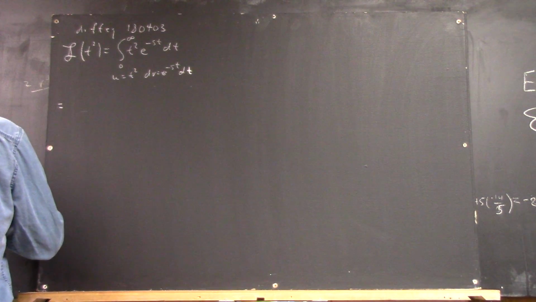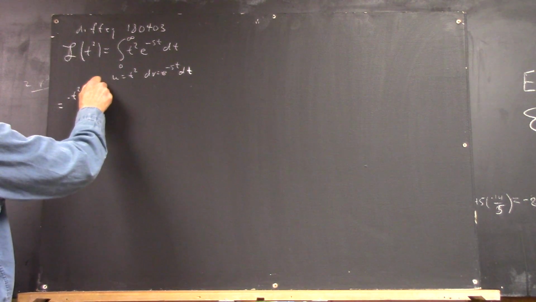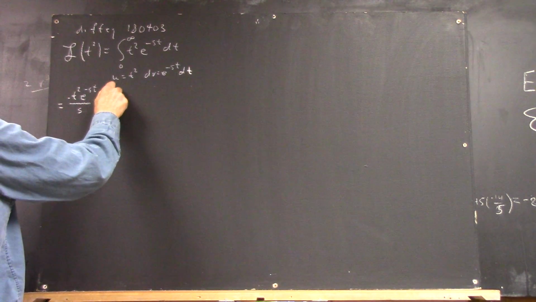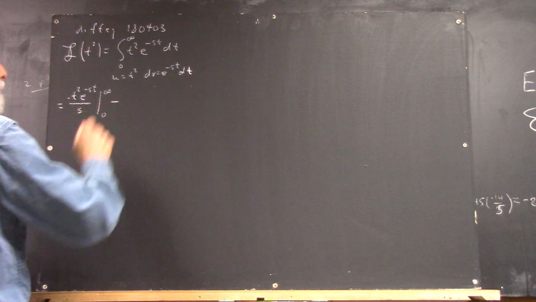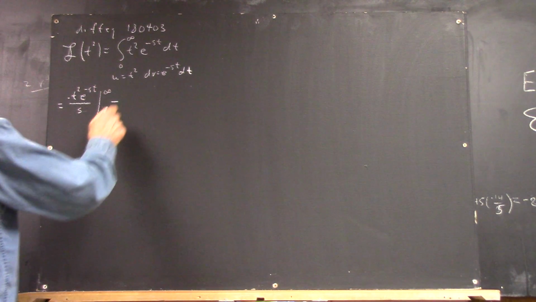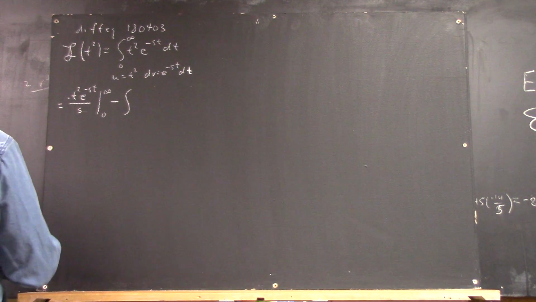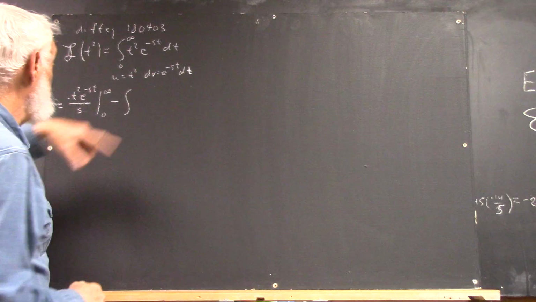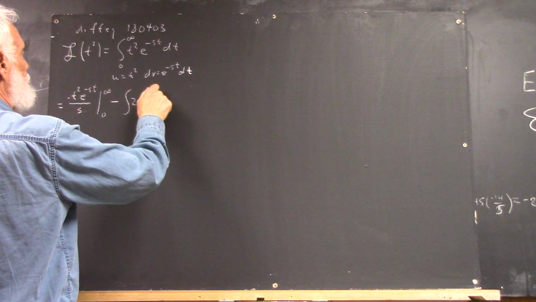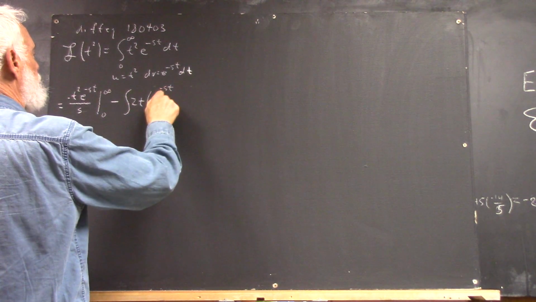But what we're going to get here is negative t squared e to the negative st over s, evaluated from 0 to infinity. And let's write it out with all the signs, and then we'll change negatives to pluses where it's appropriate. We're going to have negative the integral of what? Well, du is going to be 2t, so we're going to have 2t, and then we're going to have times negative e to the negative st over s